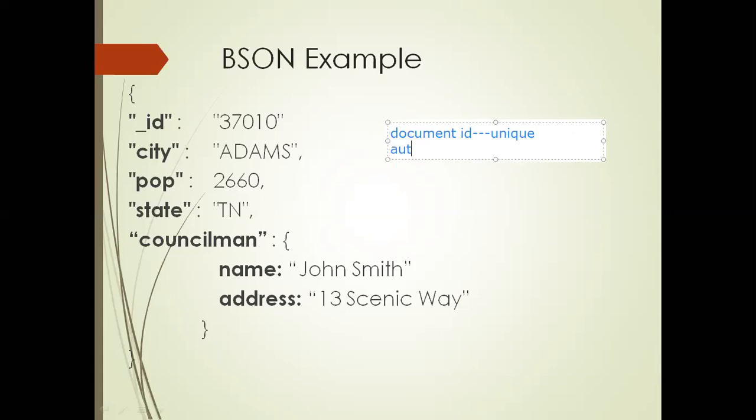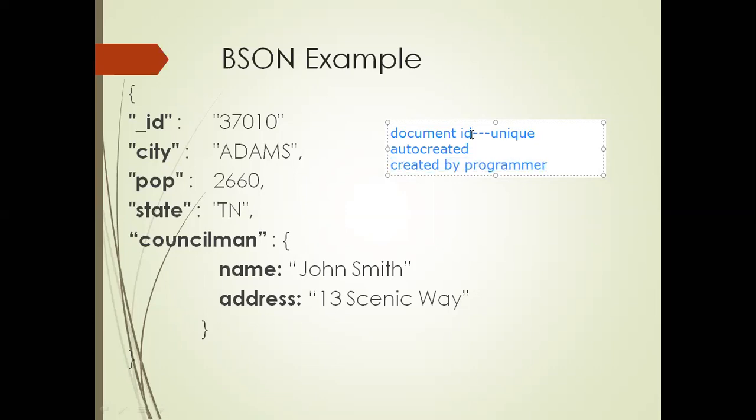It is auto-created or can be created by the programmer. So the value can be given by the program also. So you can go with the auto creation option. If you skip providing the value of object ID, then it is auto created by MongoDB. And if you would like to specify the value for object ID, then you can provide the value also.